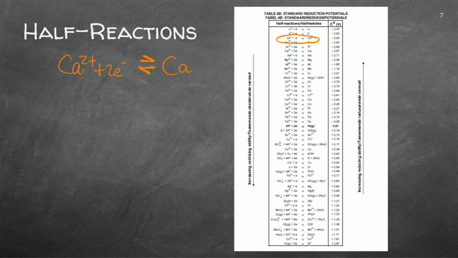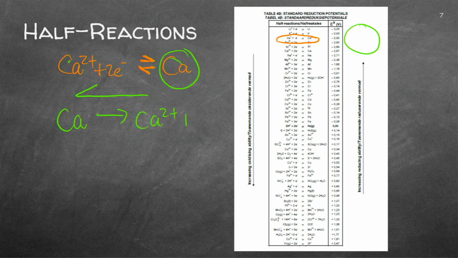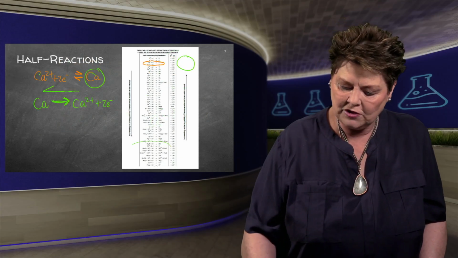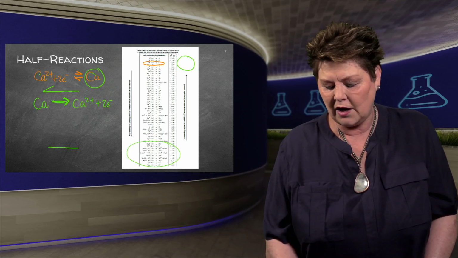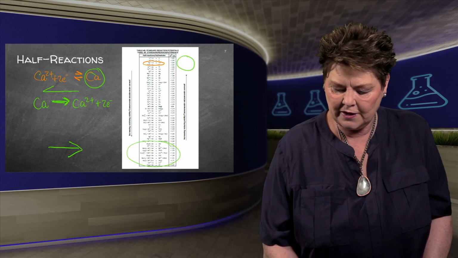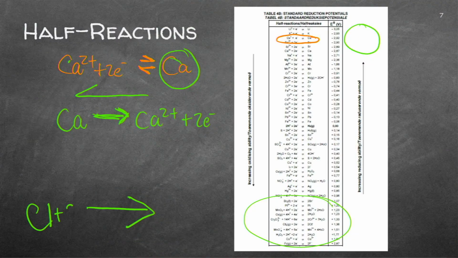Now, if you determine that this is now the reducing agent, this reaction will go that way. And you have to remind yourself that you've got it right from right to the left, but you've got to write from left to right. So you write that equation like that. You also just have the forward reaction because it's only one of them taking place. And at the bottom, you can select any one, and then you're going to write it with one arrow. Let's say, for instance, I've got chlorine gas with 2 electrons giving me chloride ions.